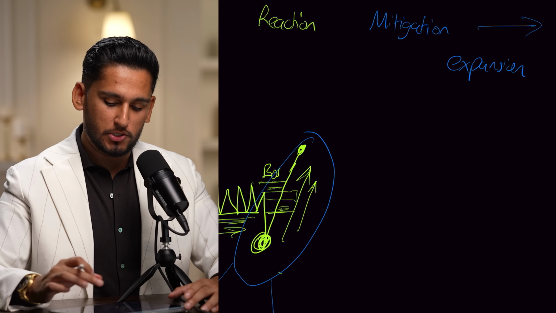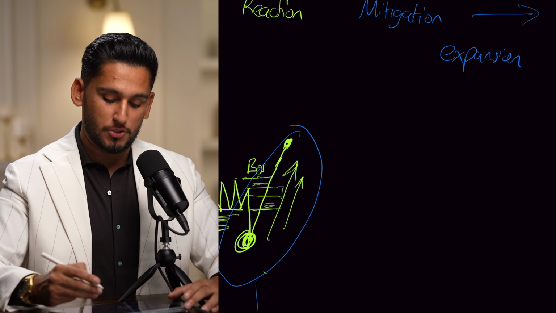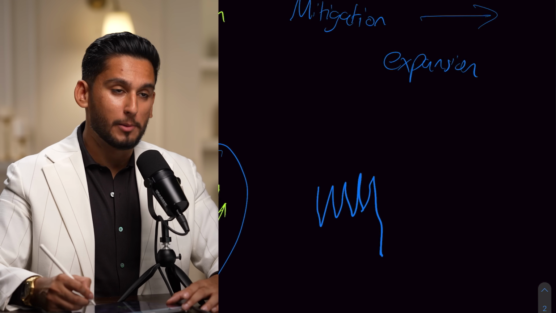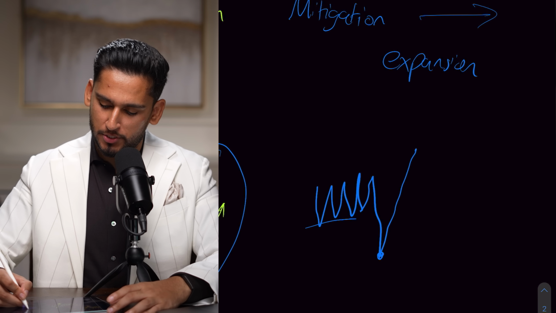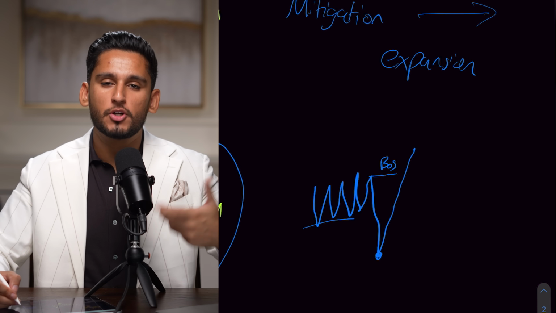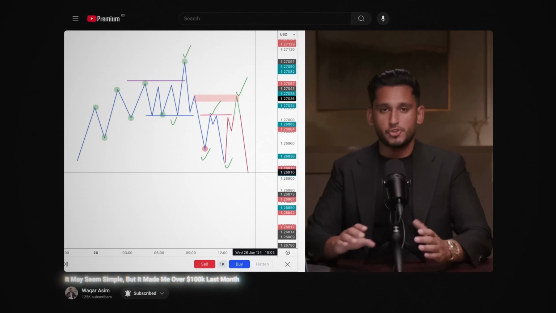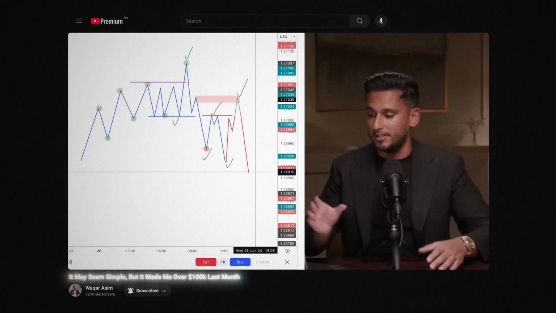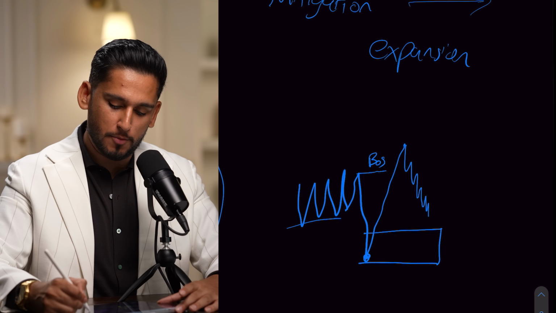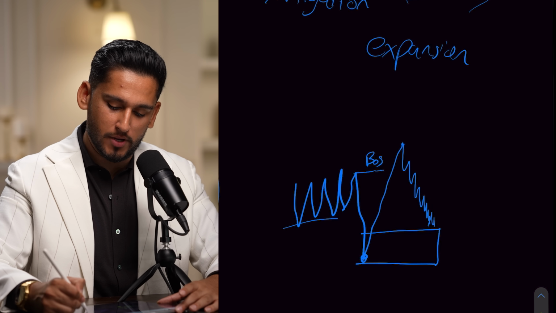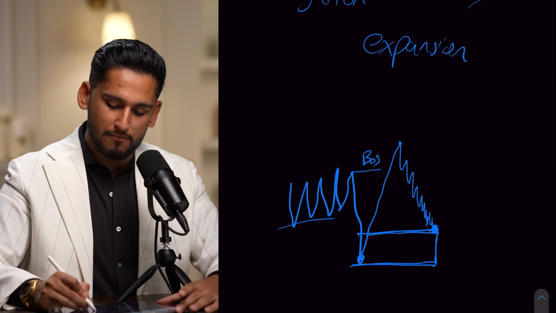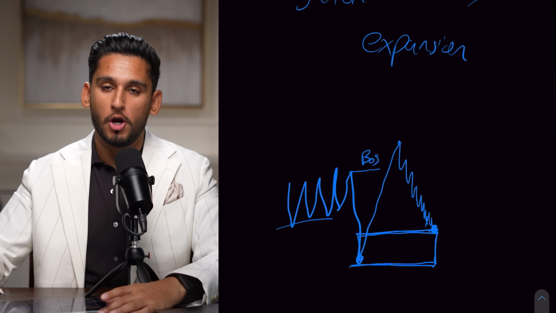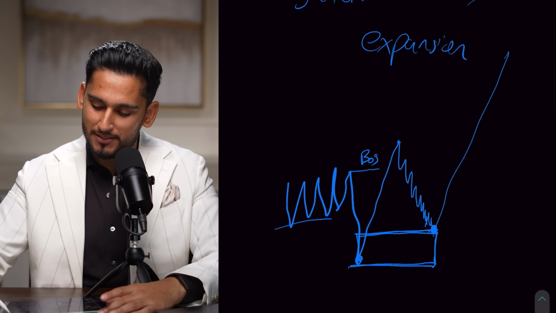And then the last thing we need to look at is mitigation. Inside that mitigation, we are basically seeing the full cycle complete, where we have the build-up portion over here, we have the inducement portion over here, we have the reaction portion because it led to a break of structure, and it has the intent confirmations we needed. And then we find a refined IFC, which is another video if you don't know, where price slowly comes back. You expect a choppier retracement because the intent is in the other way. And this is known as a mitigation. When you come back to the refined IFC, usually on M1 or M5, this inducement gets mitigated. We offload orders in drawdown and then you expect the next expansion.